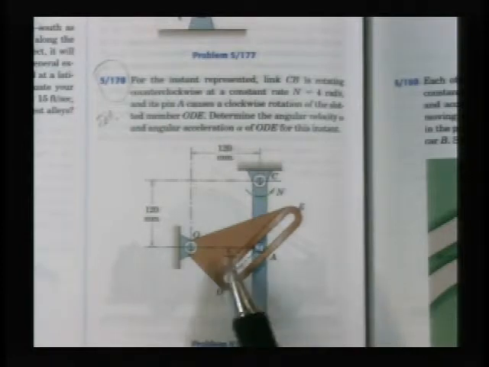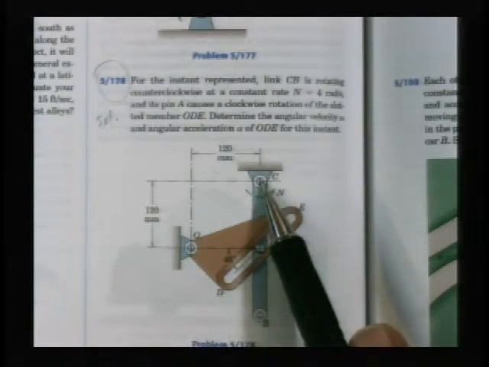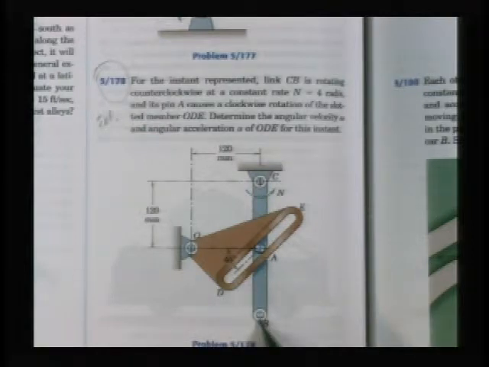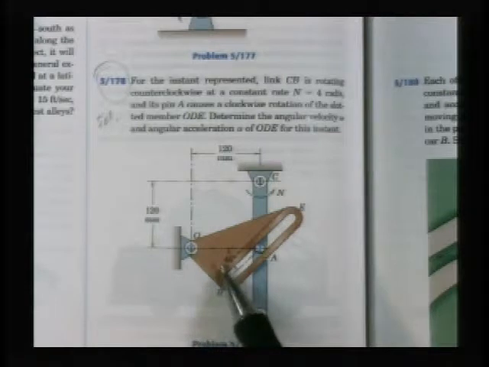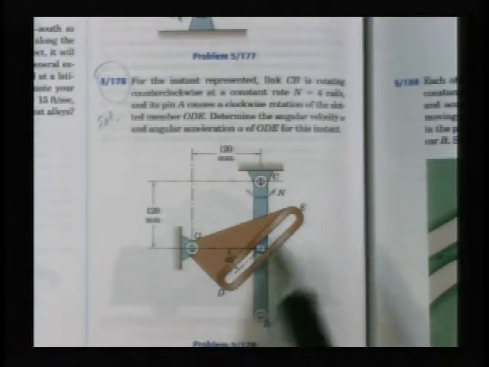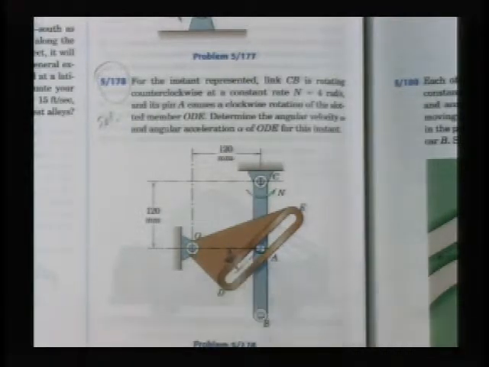And so here we have a pin A that is rotating about point C up here on this member ABC. But then here we have this other body, colored, that is in rotation. And at the same time, this pin A is moving relative to that rotating body. So with that in mind,